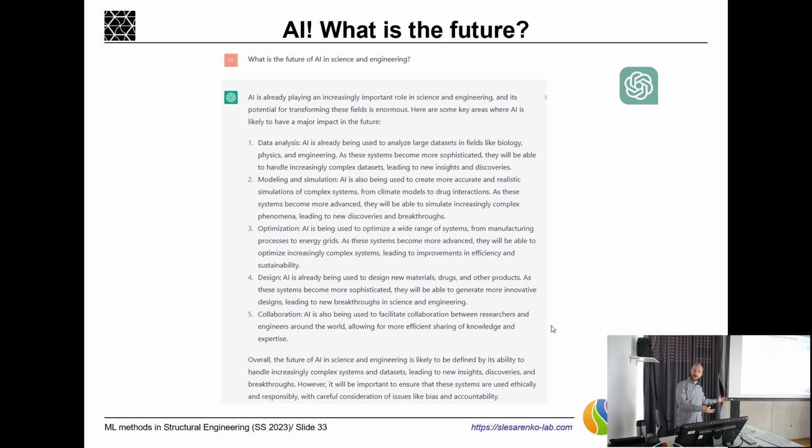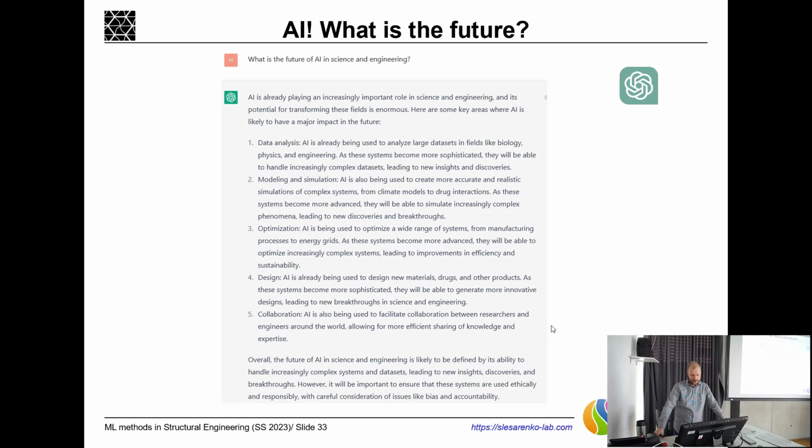That's exactly what we mentioned already in the previous slides. Optimization is another very famous field where we can use AI to optimize systems in order to have, let's say, lower weight with the same stiffness. For design, generative design from the previous slide. Collaboration. I have no idea what